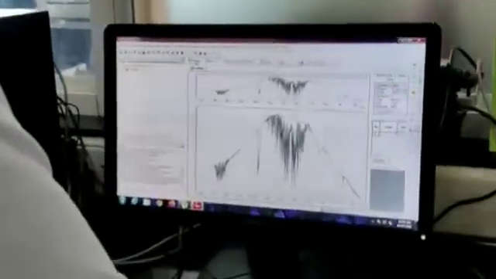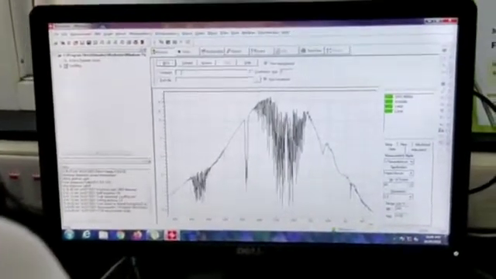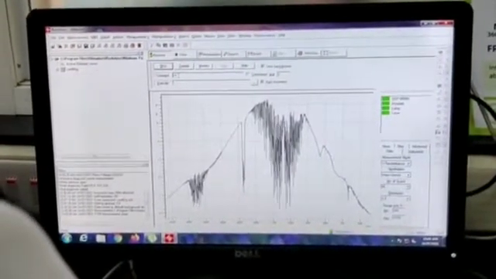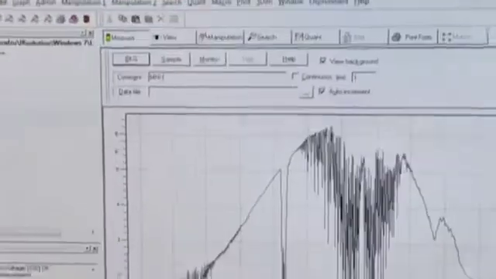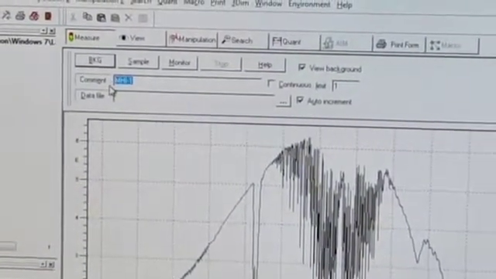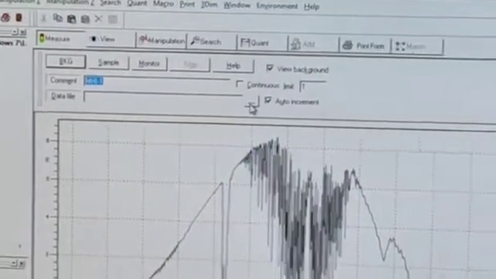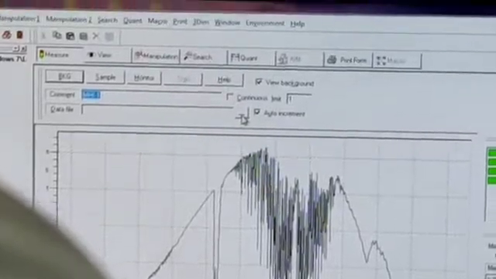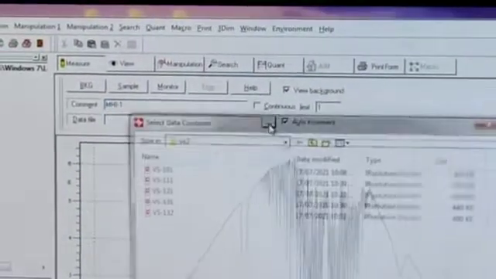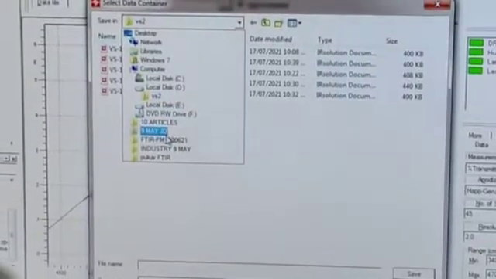Then once again click on measure and give the sample command. Whatever sample is there has to be given. I am giving sample 1. Then copy this. Then click on the three dots, that is the data file, which we have to save in a specific folder. For that, click on these three dots, then select any specific folder whichever you want,